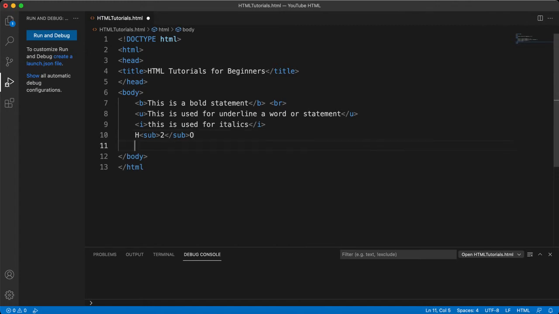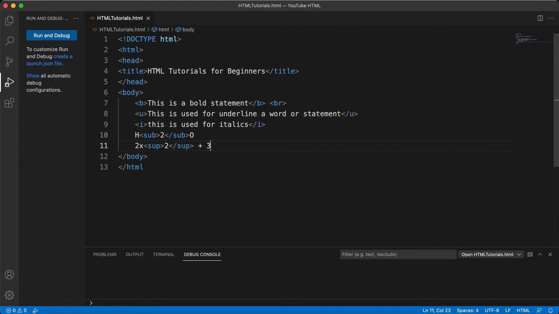Now let's write the superscript and let's write an equation. Suppose 2x square plus 3. Suppose this is an equation.